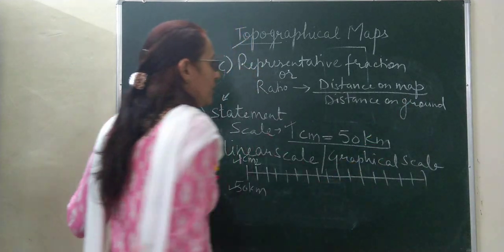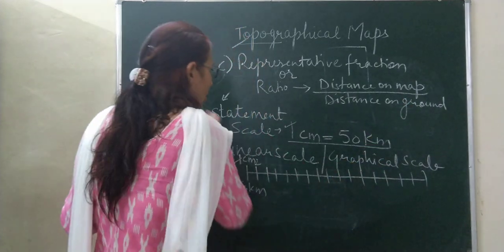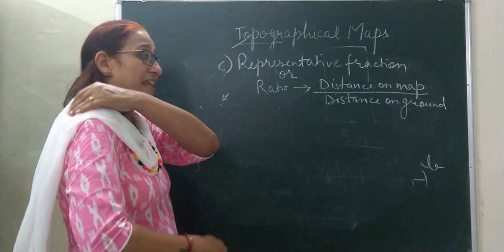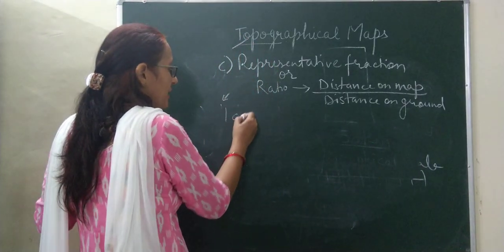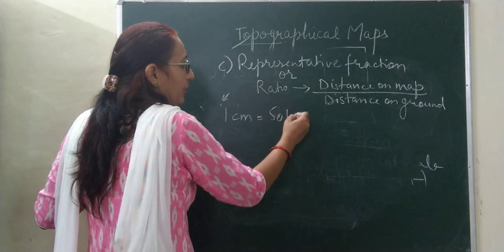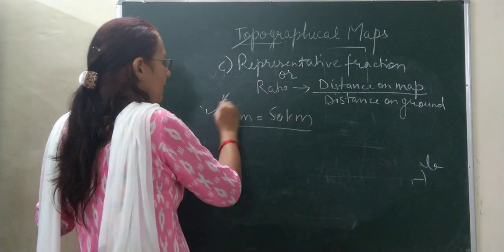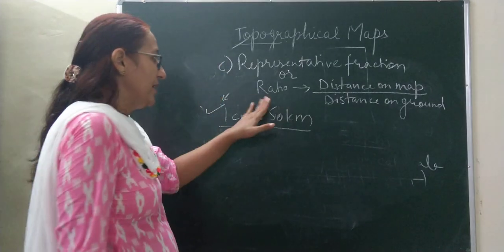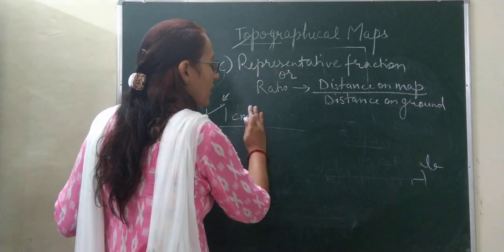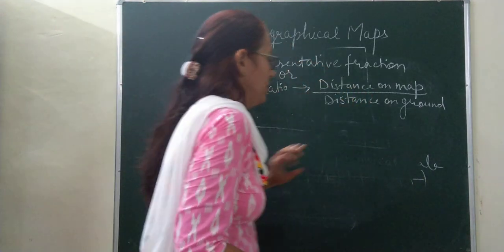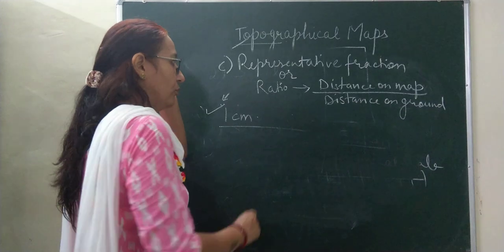This is another way to represent the scale on a map. Like in statement scale, I have written 1 centimeter is equal to 50 kilometers. But here, under this ratio, distance on map over distance on ground,